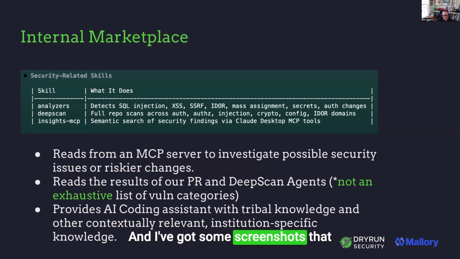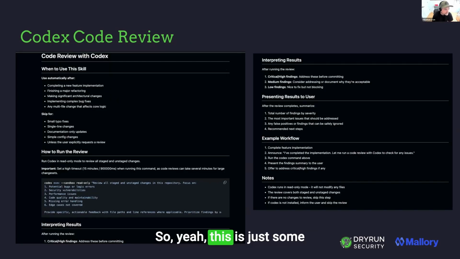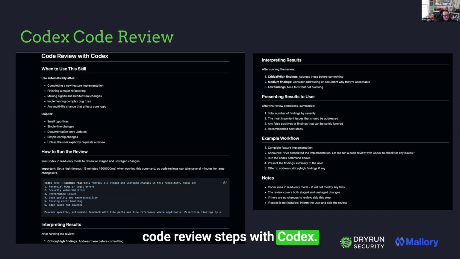Automatically. And I've got some screenshots that kind of show this if you keep going. Yep. So this is just some code review steps with Codex, nothing fancy here, just sort of like, here's what you should do, and here's how you should rate the things that you're finding. And then if you go to the next slide,